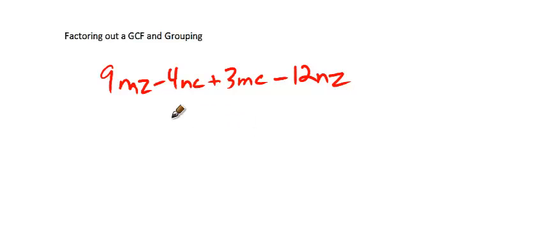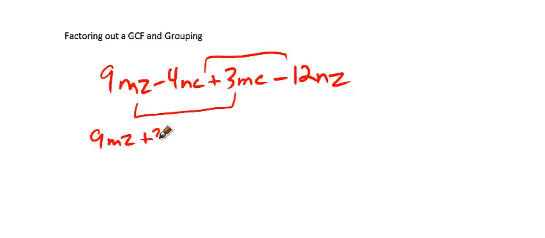Okay, so I can either go with the first and third, or I can go with the first and fourth, and the second and third. Whichever grouping you see, that becomes the right grouping. There's a couple things you have to be a little bit careful about here. If I go with this group, we've got a couple positives, a couple negatives, so we've got some sign issues here. The other thing you want to be careful about: if I go with 9mz plus 3mc,